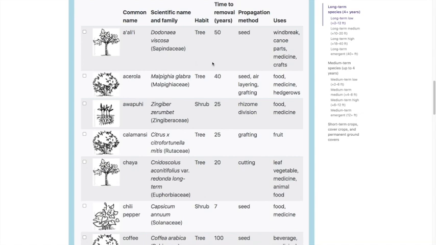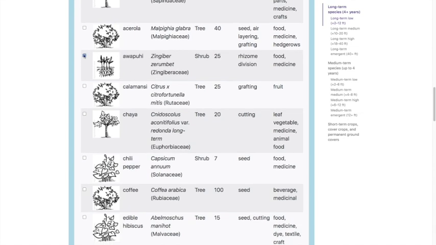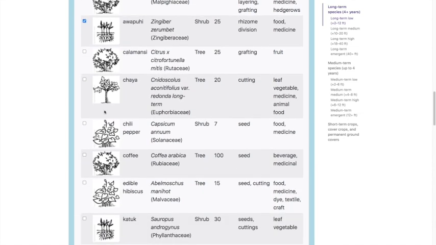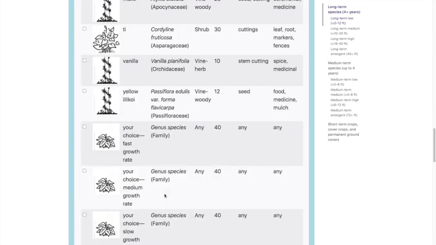Just some basic information to help you select your species. So I'm going to look for things that I recognize could work in the Samoan context. I won't pick too many.